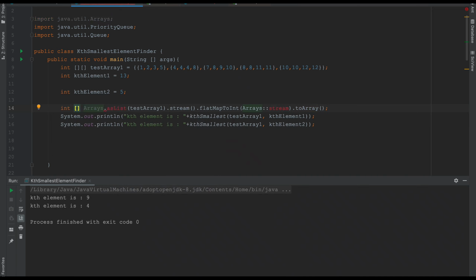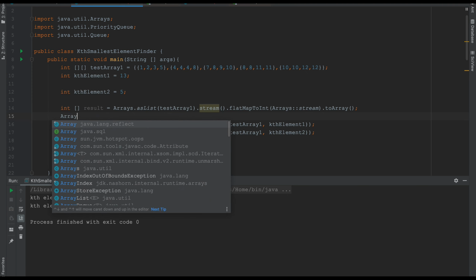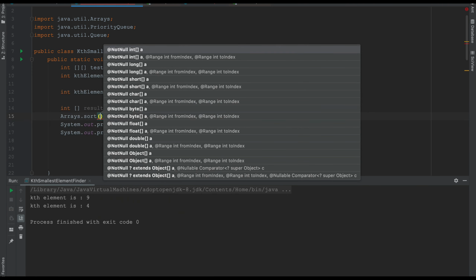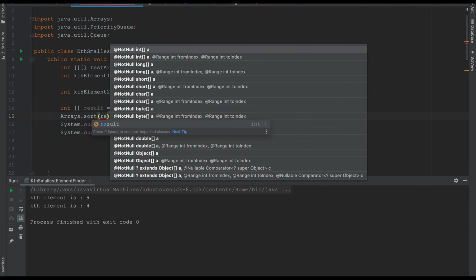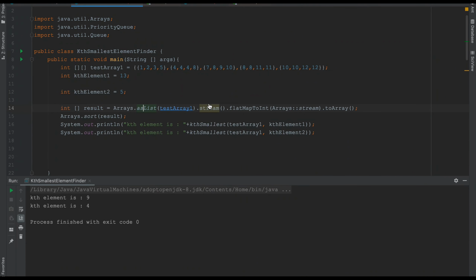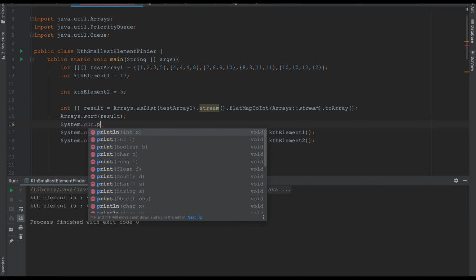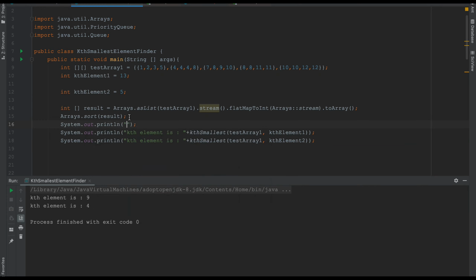So result, and if I call Arrays.sort on result, I can say sorted test array is,